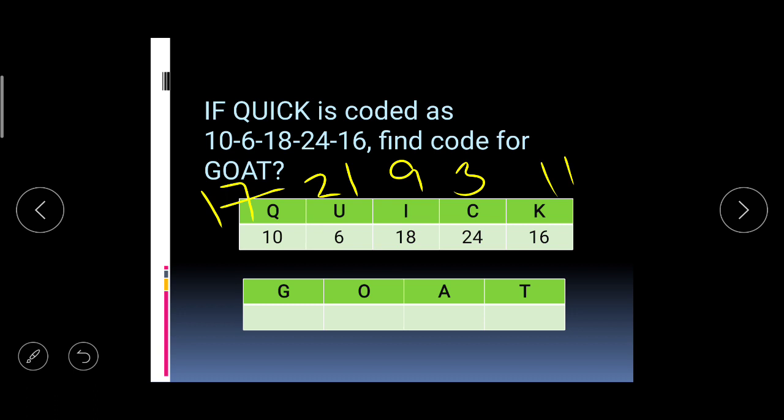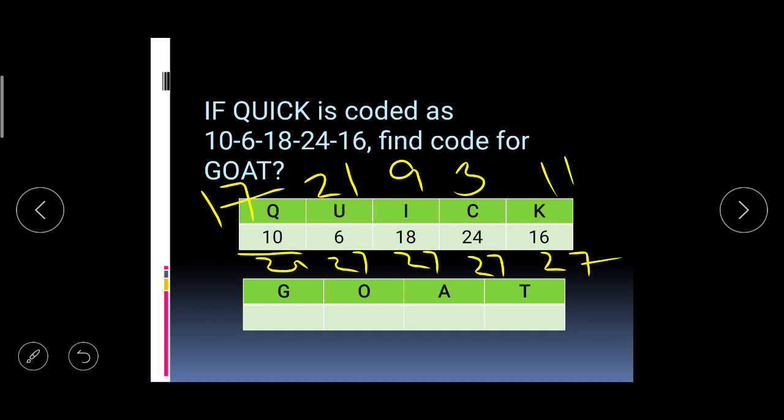See, there are two approaches. In some books you will find that it says to start counting the letters backward, like Z is 1, then Y is 2, and so on consecutively. So you'll see C is in the 24th position and K is in the 16th position. But in my view, don't get into so much confusion. Rather just see the addition. The addition is 27, 27, 27, 27 and 27. So we know that we have to put the number such that the addition comes to 27.